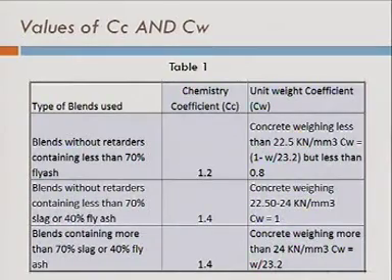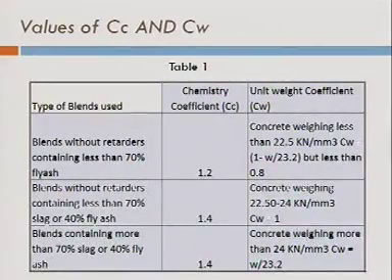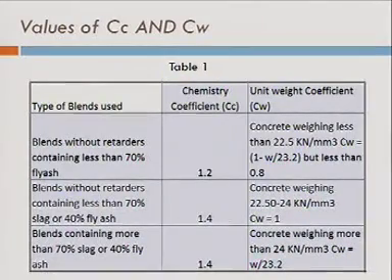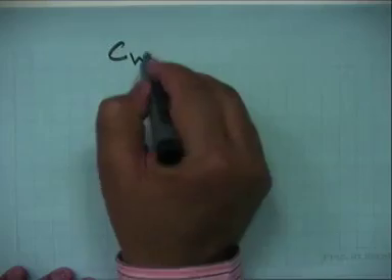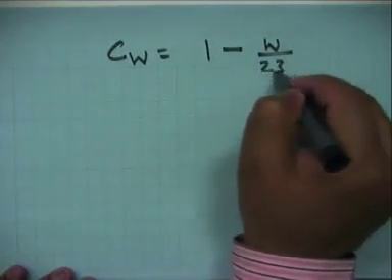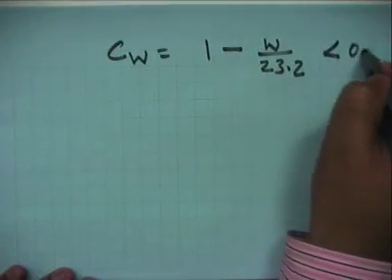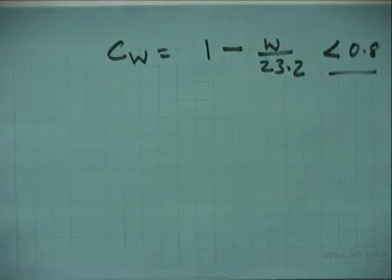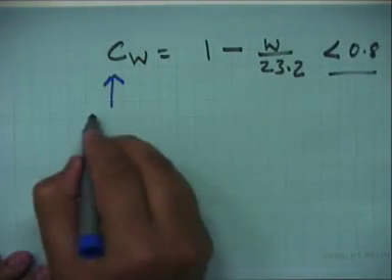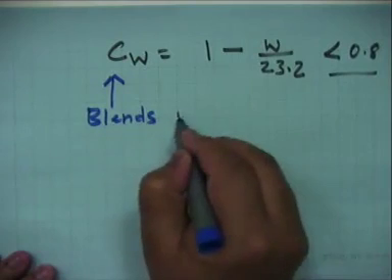So, depending on the type of cement used for preparing the concrete, CC takes a value of 1.2 to 1.4, and CW depends on the unit weight specifically. So, if the blend is used without retarder and containing less than 70% fly ash, they have given you the expression of CW as 1 minus W by 23.2, but not less than 0.8. This is the expression that you use when your blends are without